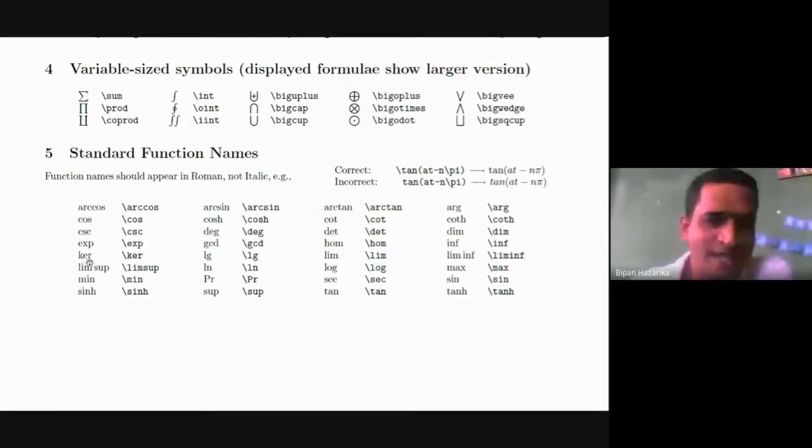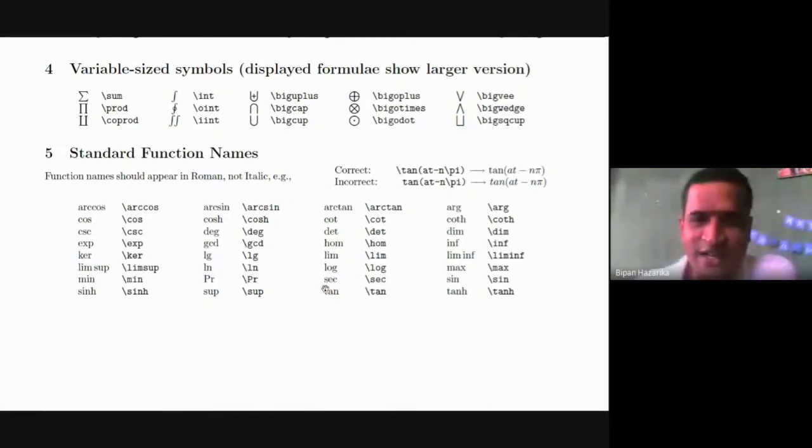Then slash limsup shows the limit supremum. If you do not use the slash, then your presentation is only in italic form. So to remove the italic style and get the Roman style, we put slash limsup. Similarly, slash min for minimum, and if you write max, you get maximum here. For the hyperbolic sine function, slash sinh. So these are the other trigonometric functions. We can write the log function also, the natural log ln, so write slash ln. Slash log, you get log.